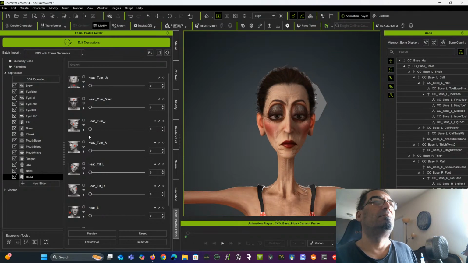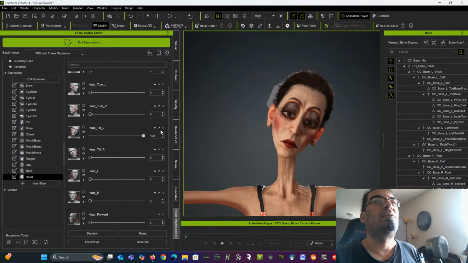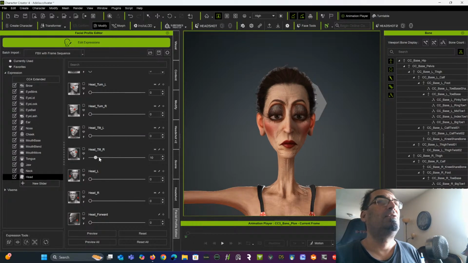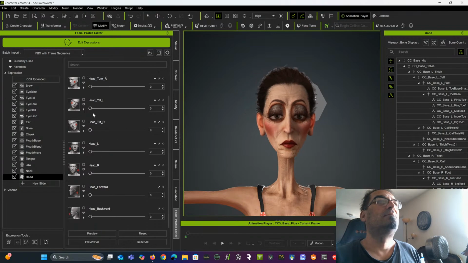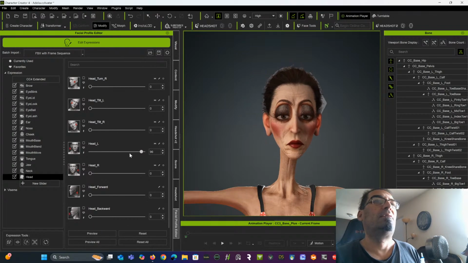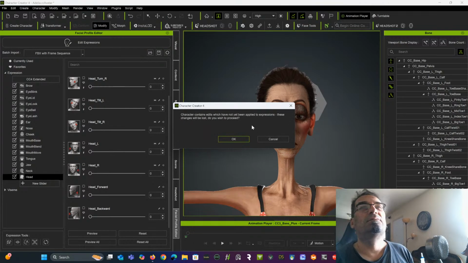Left, right. So I'm just going through and checking all of these to make sure they don't have any issues. This will be the shift. Head left and right, forward. Kind of a Beetlejuice moment there. And backward. Okay, I think those expressions, for the moment anyway,